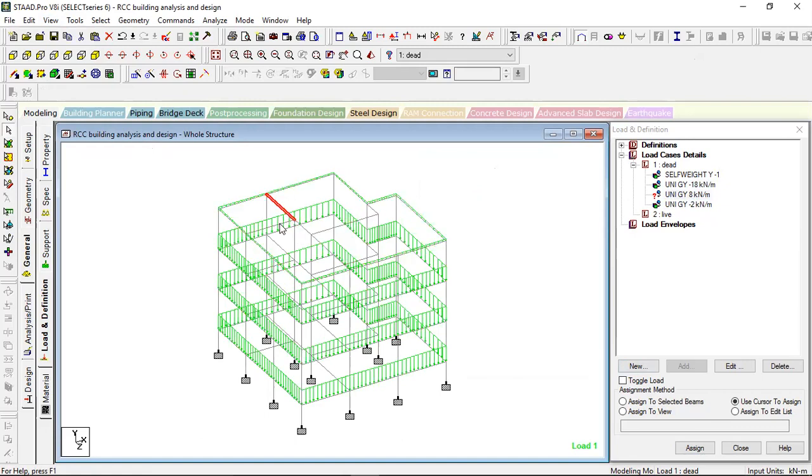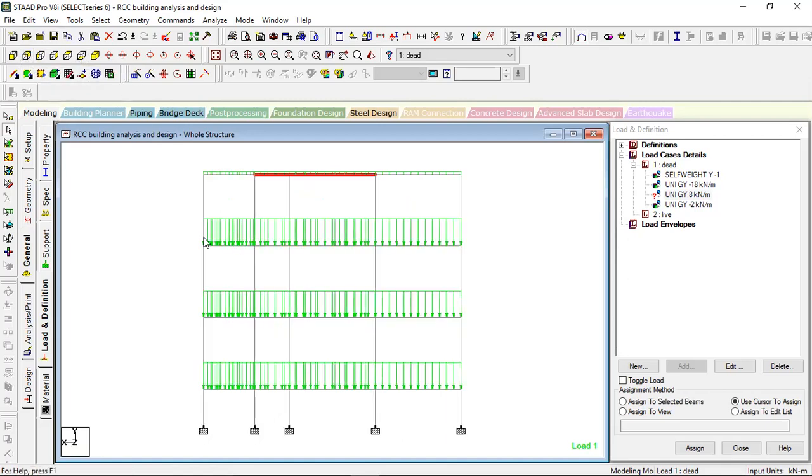On these beams, partition wall load will not come. Partition wall load can be seen only under the second floor, first floor, and ground floor, on the internal beams. So I have selected these three floors.